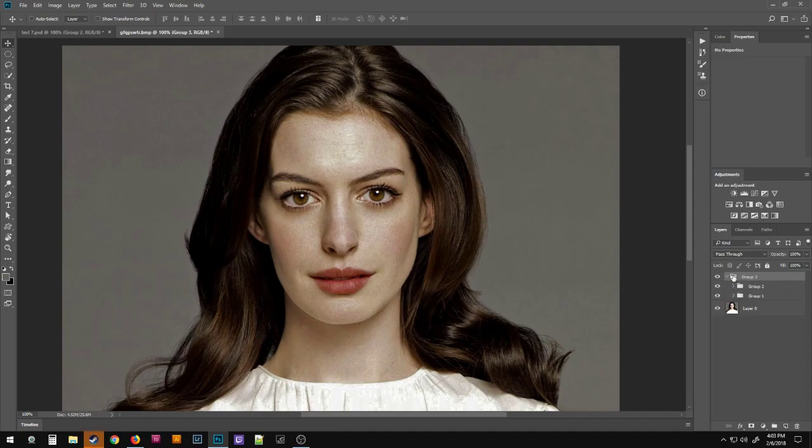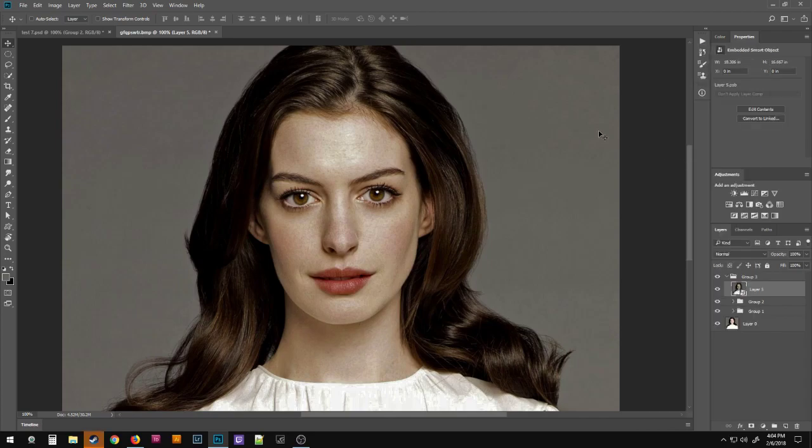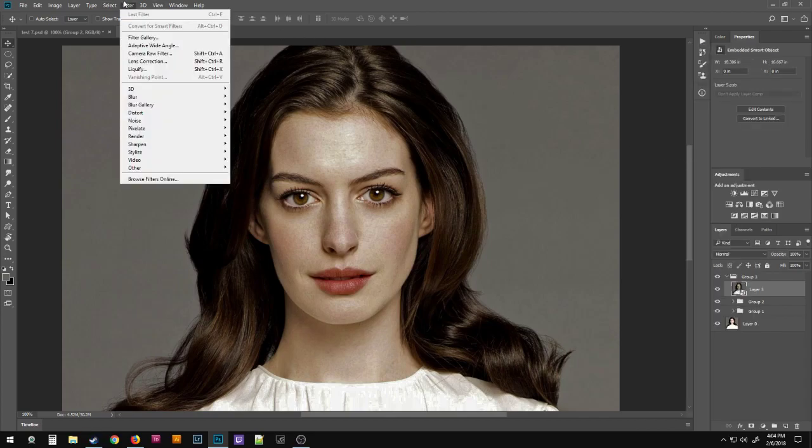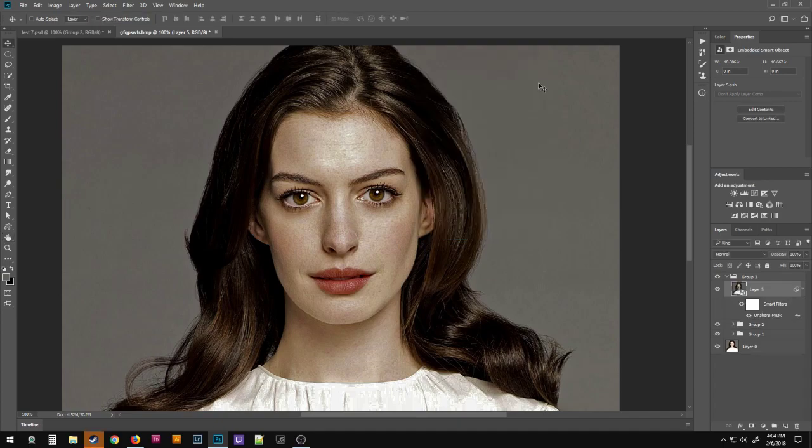Normally after this step, I would just go ahead and do the sharpening. And I will use the claw again. I will do the claw here, create a new step, convert this to smart object, then go to filter, let's see, sharpen, unsharp mask. I put amount 100% and the radius as 1 pixel. I hit OK,